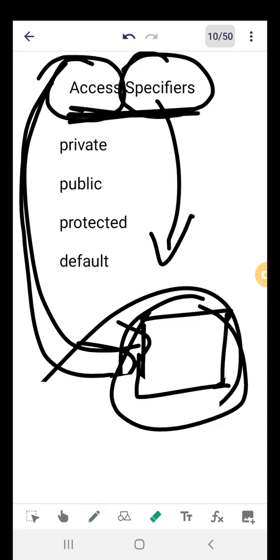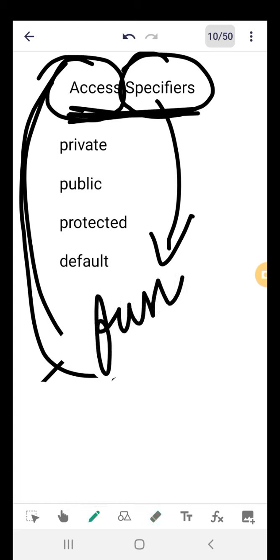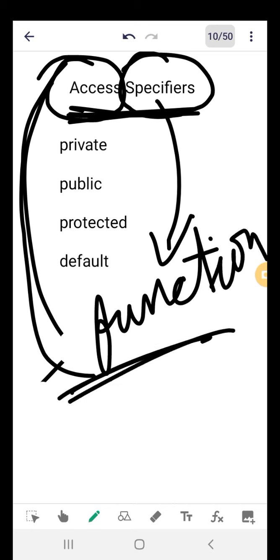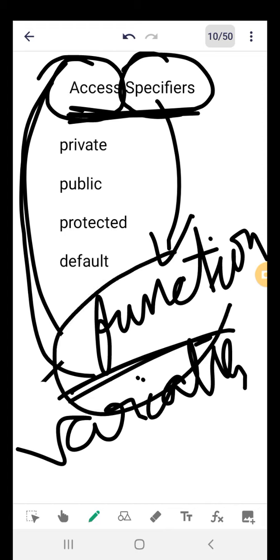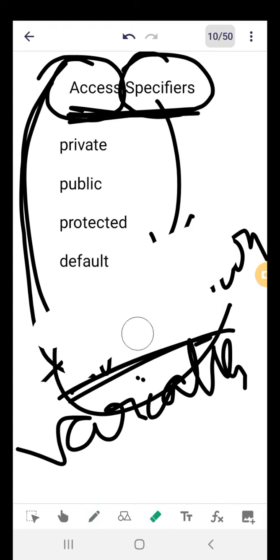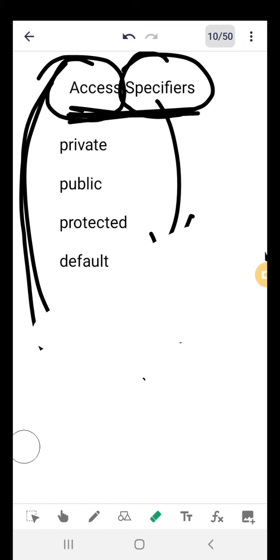Whenever we have a method, a function, for example, we have declared many functions in our programs. Inside that function, the variables and the function itself, because whenever you write a function we declare it with an access specifier. Who can access this function? For example, we write public